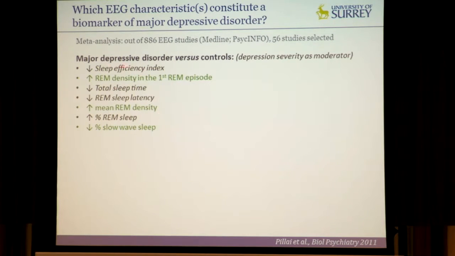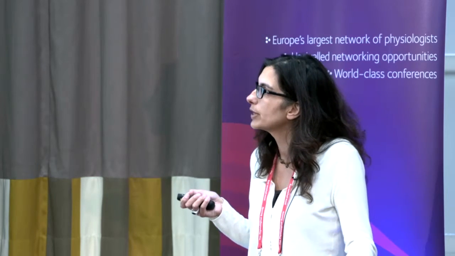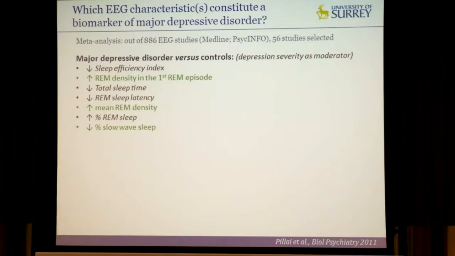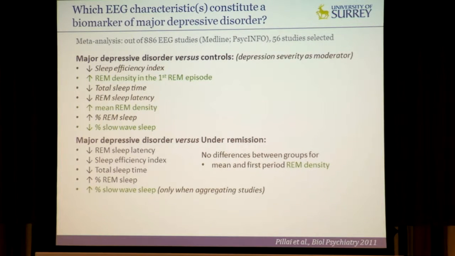Interestingly, those are all the parameters that I mentioned before, and some of them have been shown to be moderated by depression severity. Only 2 parameters were not altered by the severity of the depression, and these are REM, rapid eye movement density, and the duration of slow wave sleep. Now, all those could be constituting state markers. Now, if you compare a major depressive